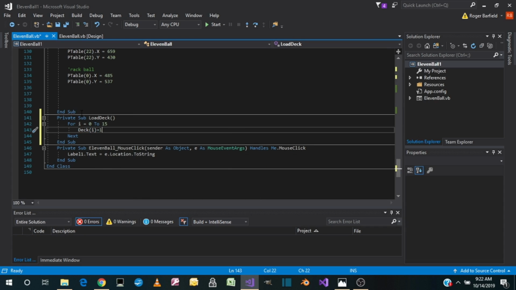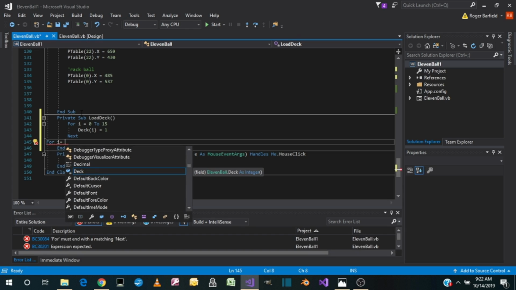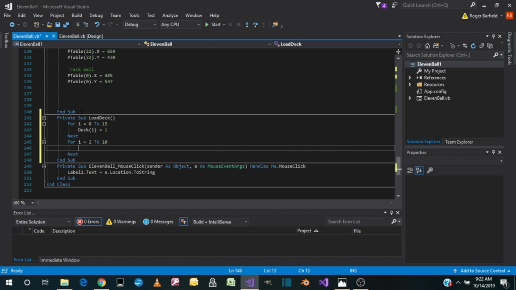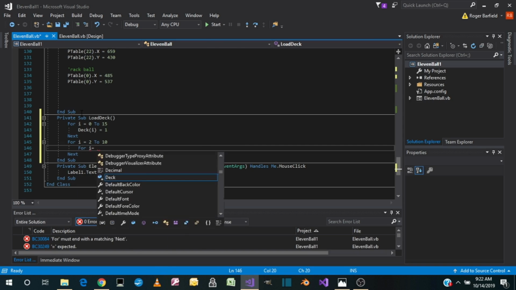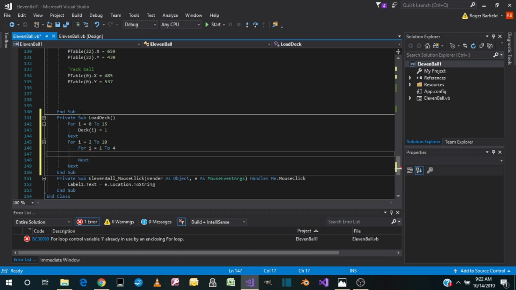So we're going to put 16 ones in there. And then for i equals 2 to 10, for j equals 1 to 4, because we want 4 of each. We want 4 2s, 4 3s, 4 4s, 4 10s. So deck